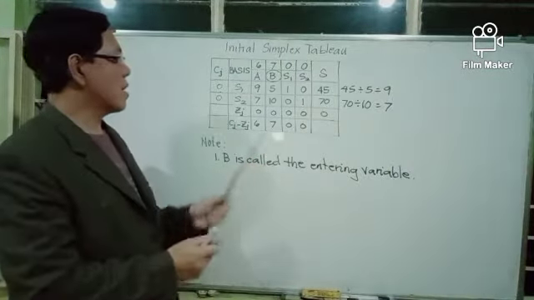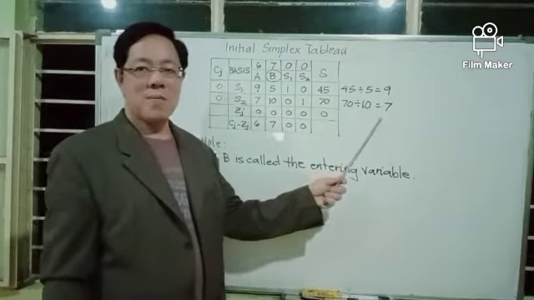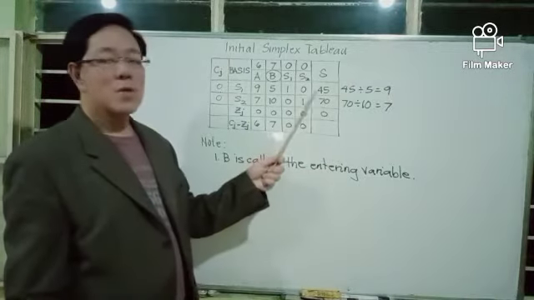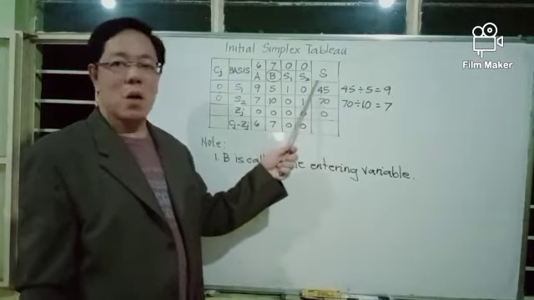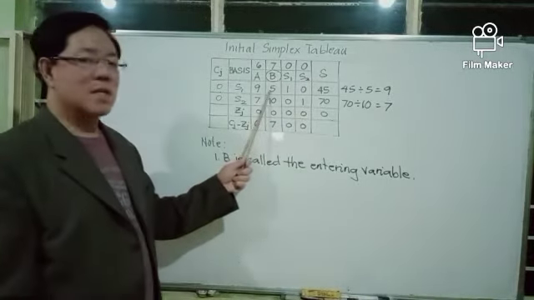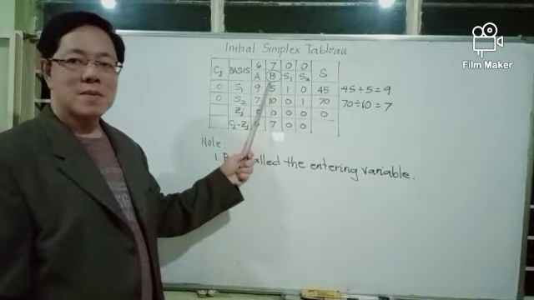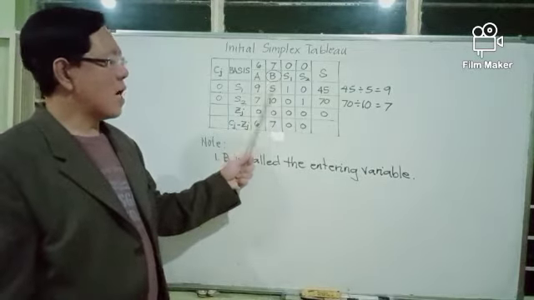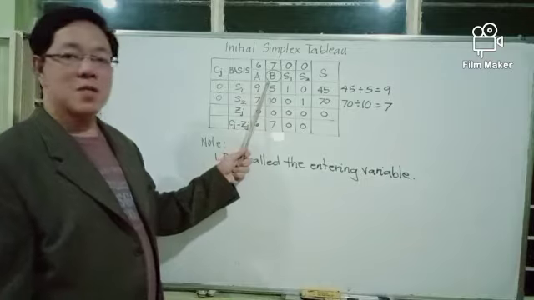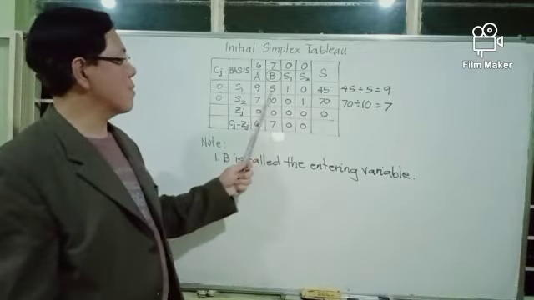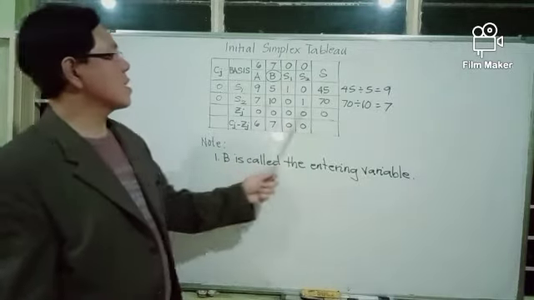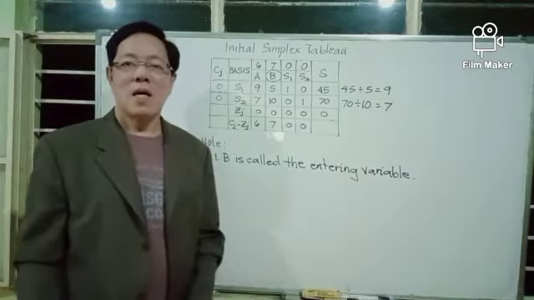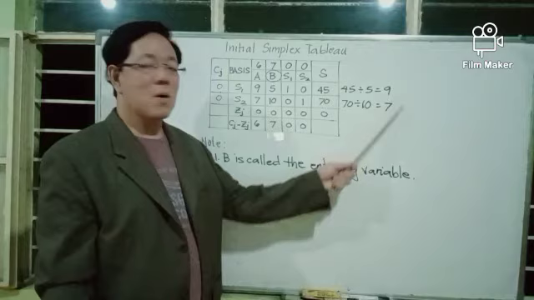70 divided by 10 is 7. Again, to determine the outgoing variable, divide the entries of the last column by the corresponding entries of the entering variable, the decision variable B. 45 divided by 5 is 9. 70 divided by 10 is 7. And now, among these quotients,